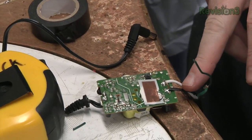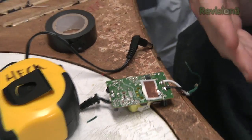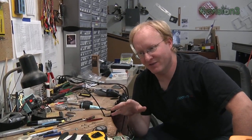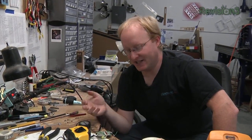All right, we have live and neutral hooked up from our AC cord. We still have ground open. Now, not everything uses ground. This little adapter didn't use ground, for instance. Usually, objects are grounded if there's bare metal someplace on the object that the user can touch. So a plastic little power supply isn't going to have it, but a power drill might if it has a